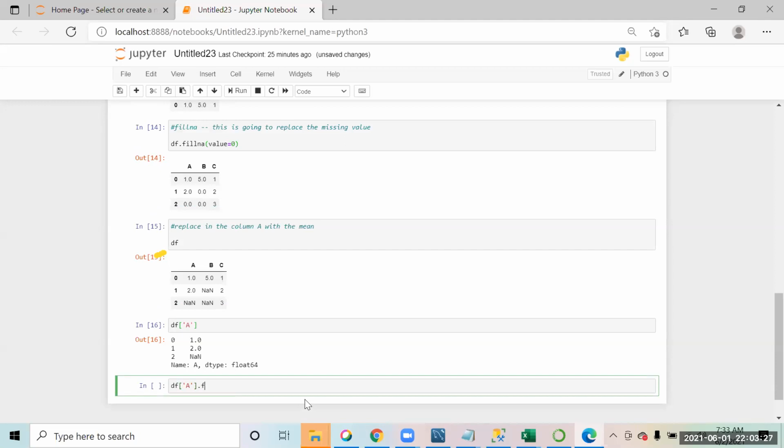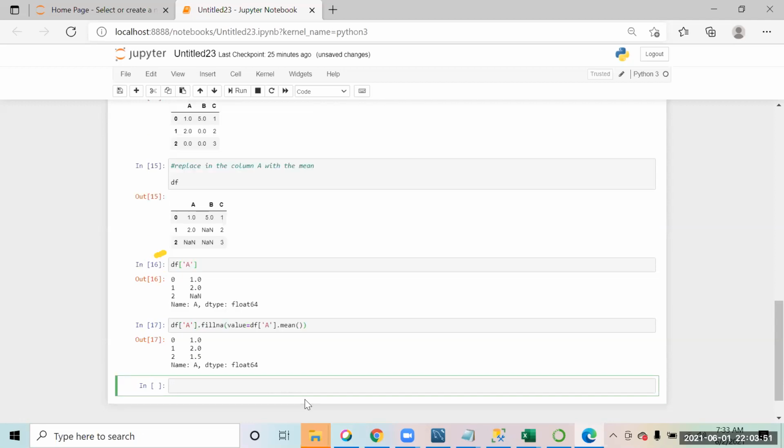So I will say .fillna, with value equal to, what do I want to replace it with? I will say for that column A, .mean. Perfect. Now you see the value has been replaced with 1.5.